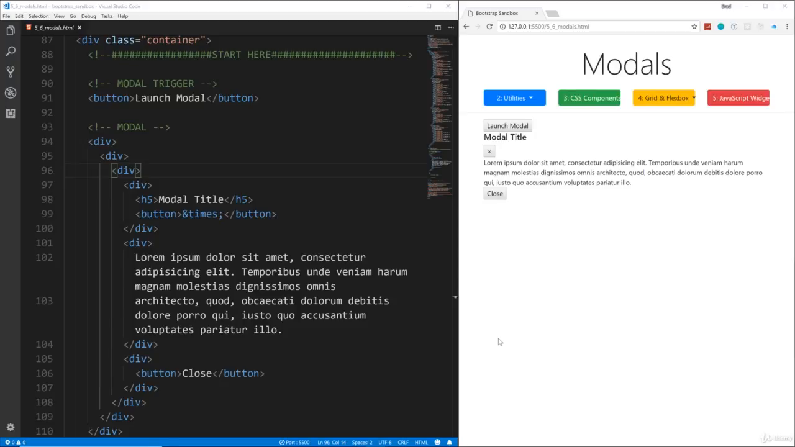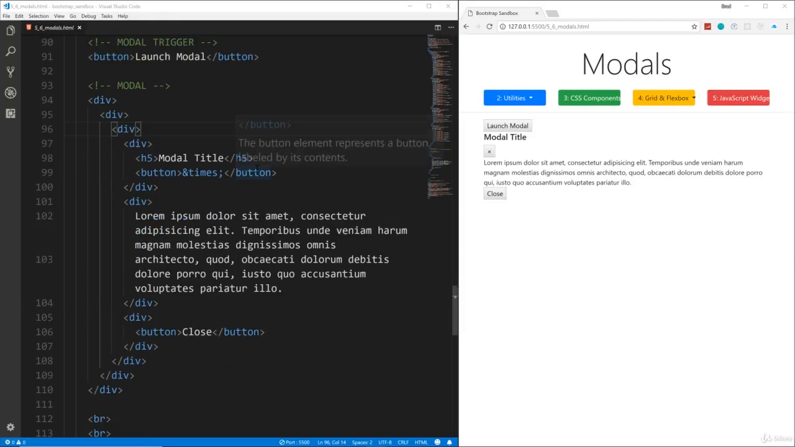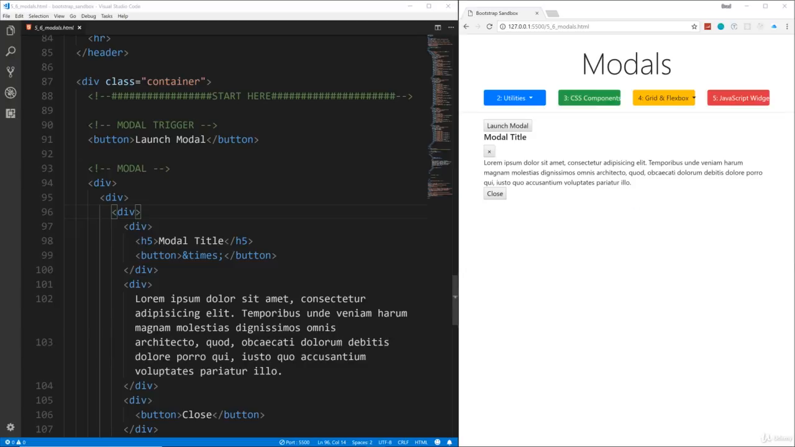All right, in this video we're going to go over modals, and a modal is kind of like a light box. It's like a pop-up that fades in, and you can put pretty much any kind of content that you want inside of it. So we're in 5_6_modals.html, and we're going to go down to where it says start here, and basically we want this button here